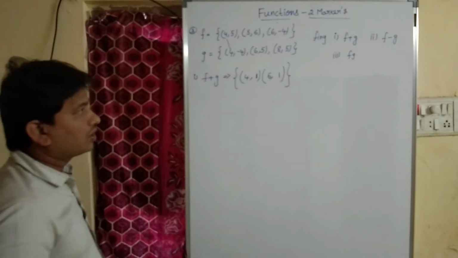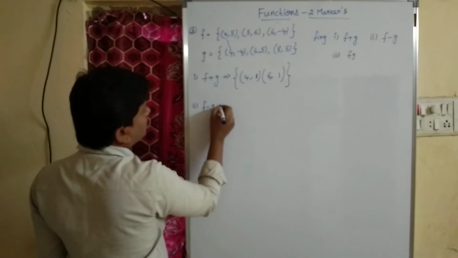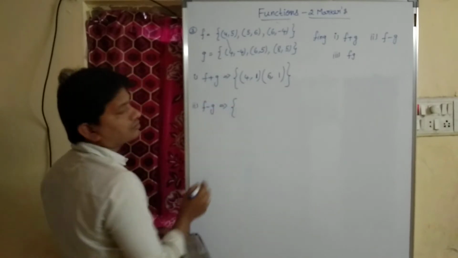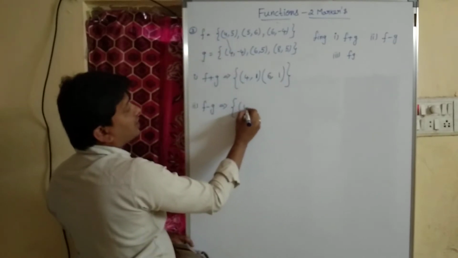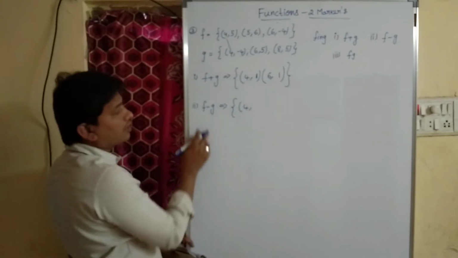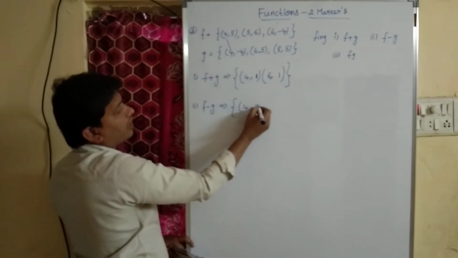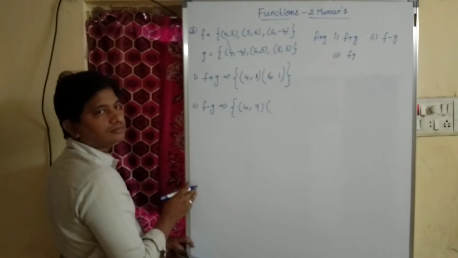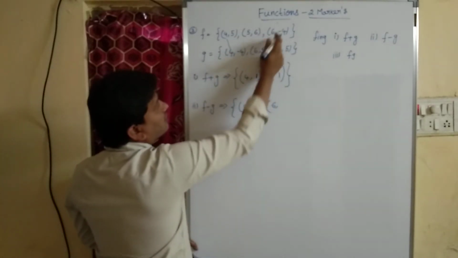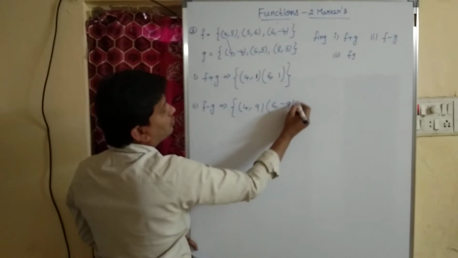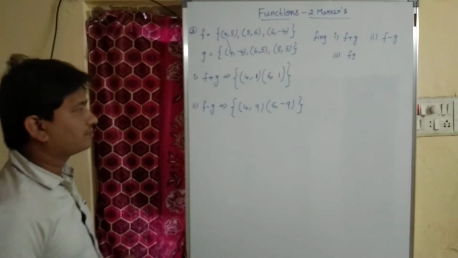Okay children. Now the second question. What is our second question? Our second question is f minus g. Again same domain as it is. Here we are performing the subtraction operation. 5 minus of minus 4, 5 plus 4, 9. Next here domain same, 6, minus 4 minus 5, which is equal to minus 9. That is (6,-9).